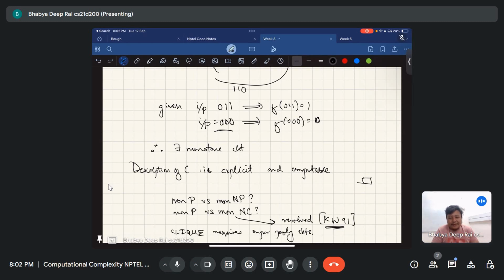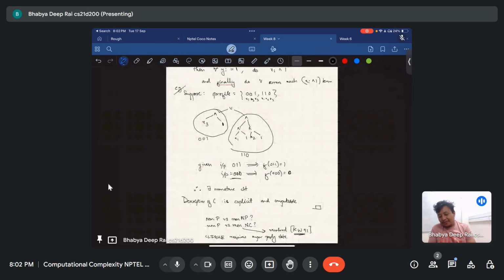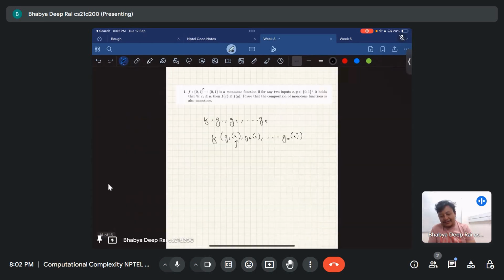So with that said, this is about monotone circuits. I'll close the problem solving session. Next lecture, we'll look at some more problems, but before beginning that,